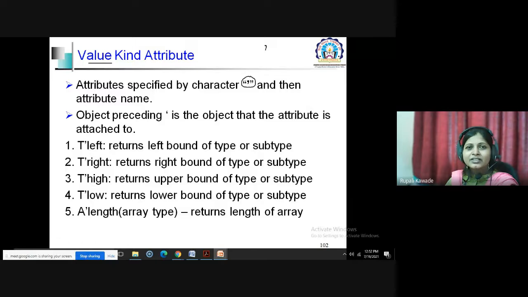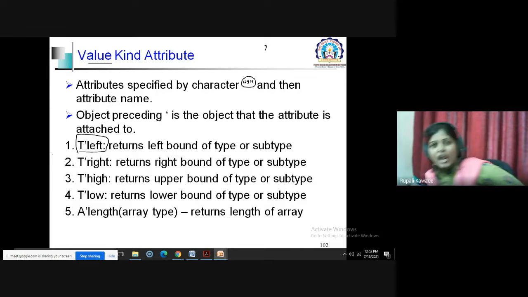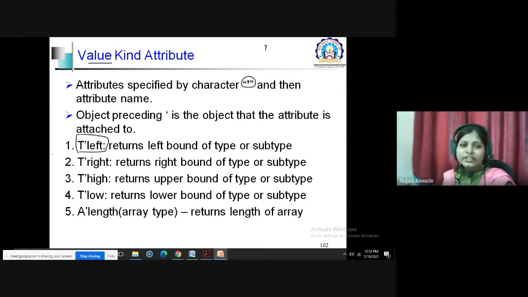It is given in between the tick and then the attribute name, whatever the name of the attribute is. The object preceding the tick is the object that the attribute is attached to. Here, T, then tick is given, and then left is given. So tick left is your attribute, and the object it is attached to is given on its left hand side, the object preceding a tick.